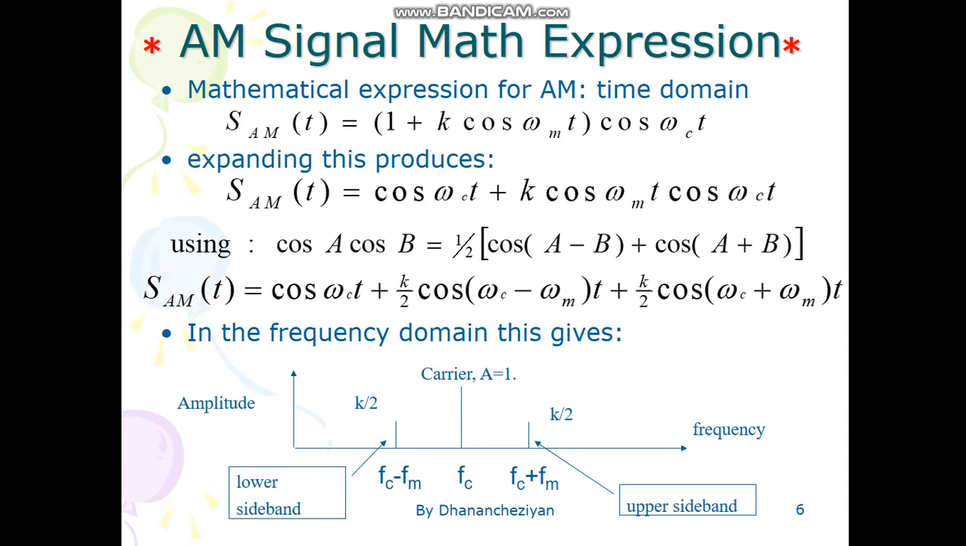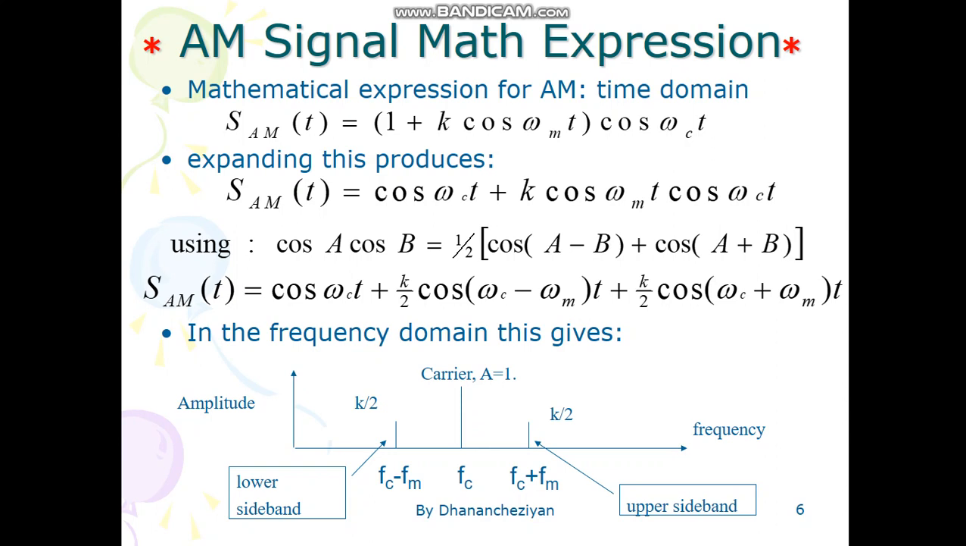Hello friends, this is a continuation video of amplitude modulation. In my last video we were discussing amplitude modulation and the mathematical expressions of AM. So this is the continuation video for that. Refer to this particular image, which shows the frequency domain representation of amplitude modulation, and this entire